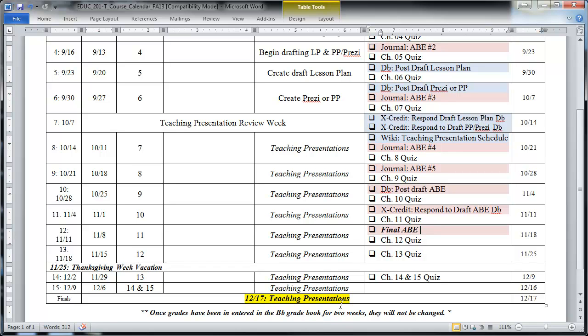It's too overwhelming, and you need to just come to class and get used to your schedule, especially if you have kids or a family and multiple schedules. The first week of classes is pretty crazy. So I will open up more in Blackboard the second week, or maybe the weekend, because I think it's Labor Day weekend, so you have time to look over that. But I'm not going to give you every detail today on teaching presentations and the ABE. For now, I just want you to come to class, and we're going to have a good time.